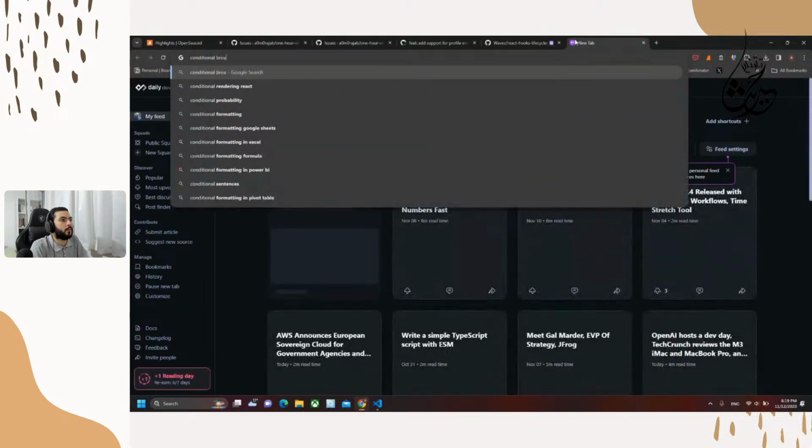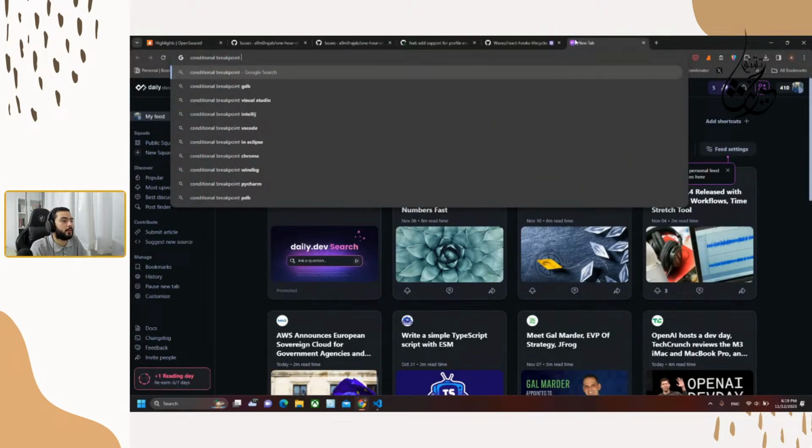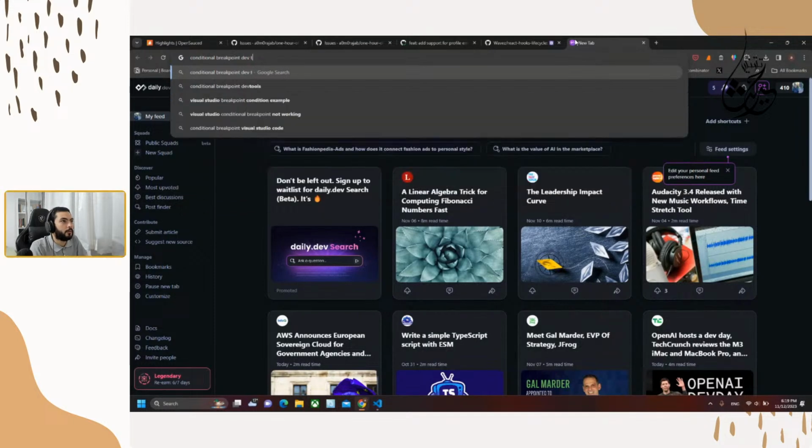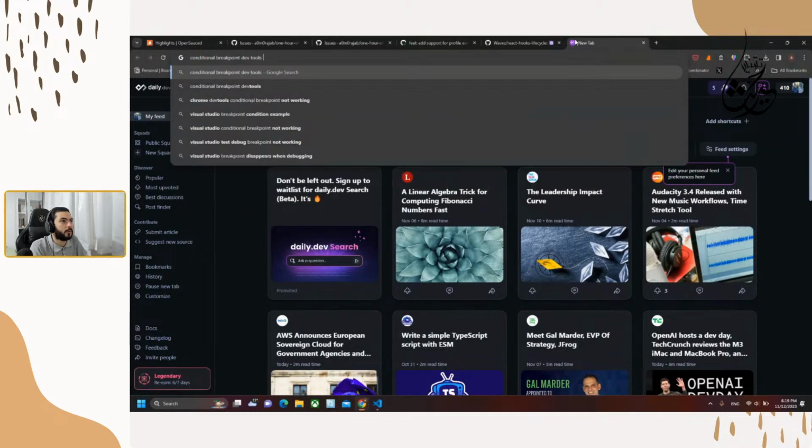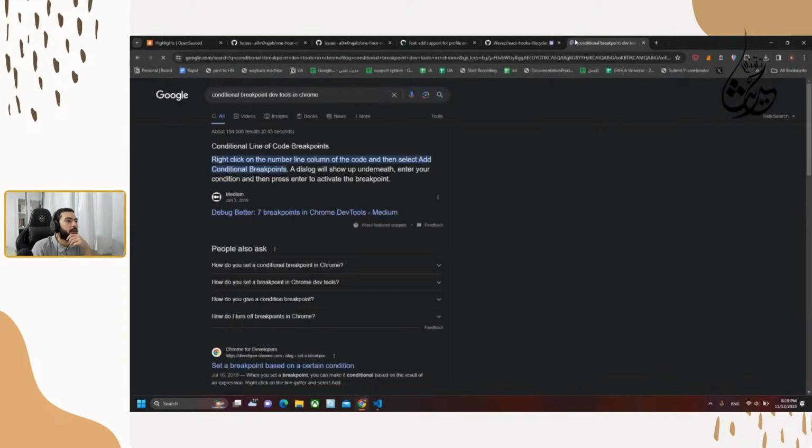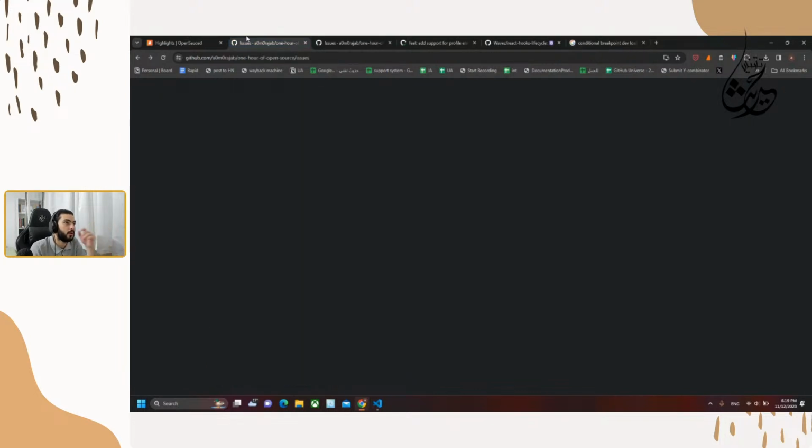Let's see if we have a conditional breakpoint for DevTools in Chrome, because I know in Visual Studio Code they have something where you set the condition and when you meet that condition it will work.